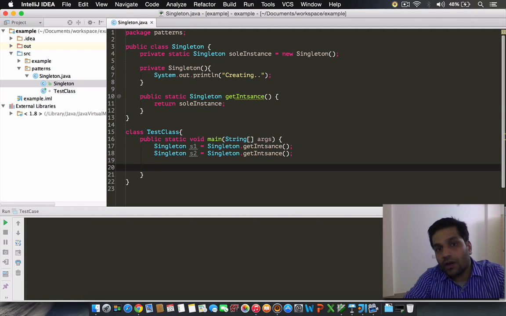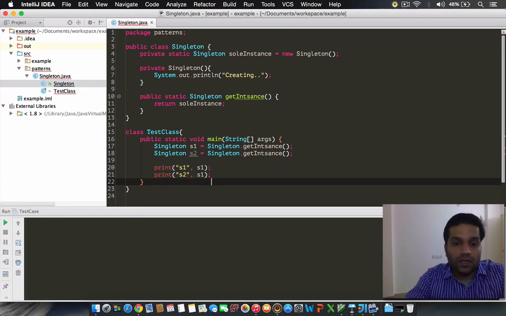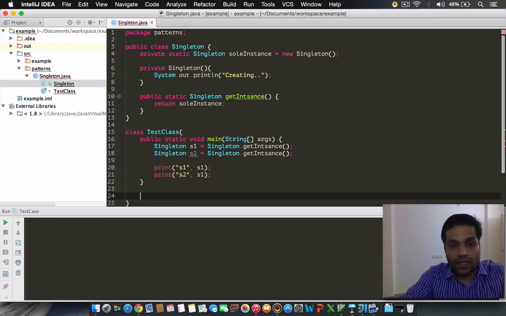Now, if they were the same sole reference for my application, their hash codes should be the same. So I'm going to create a method called print, and call it for both s1 and s2, that prints an output for us, which is like this: static void print string name